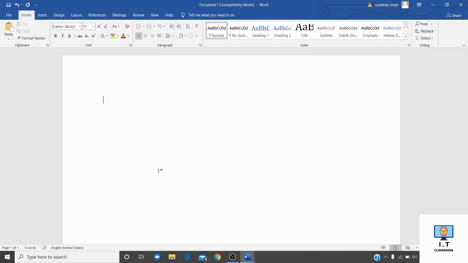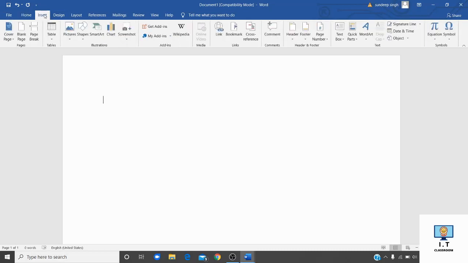So let's start. First of all, go to Insert. Click on it. Now you have to go to the Table option for adding a table in your document.